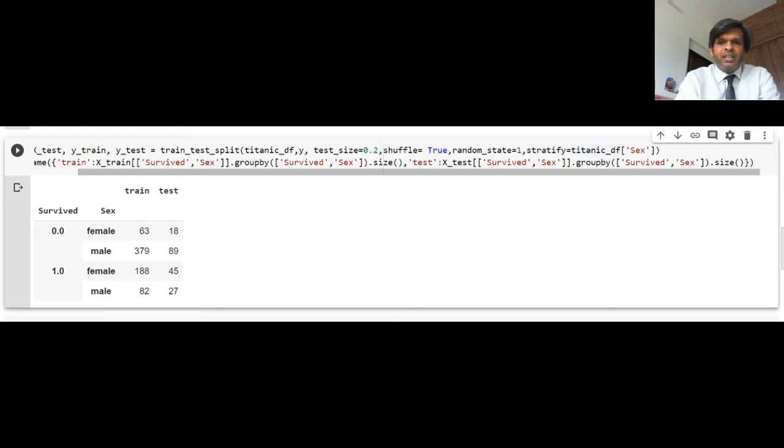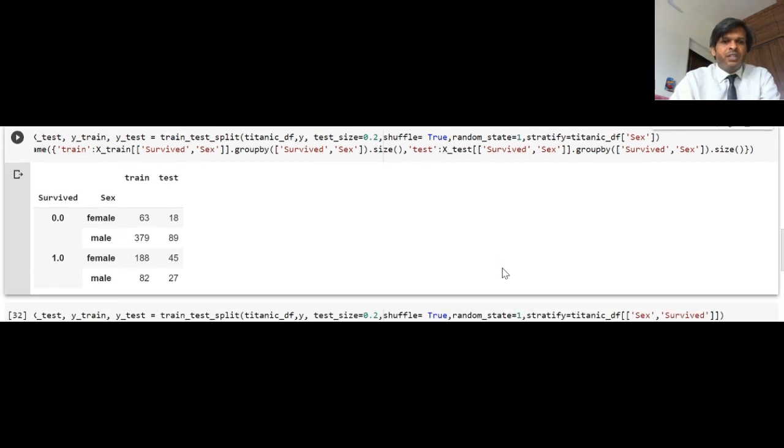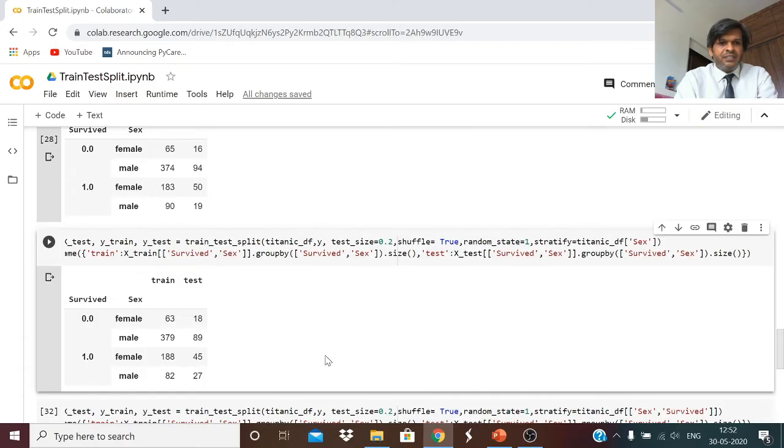I specify stratify based on the column sex within this data set, and then we do a similar count as earlier, and these are the results. You can notice a slight change in the counts. This is how your distribution changes and how you can ensure the distribution of data based on various features within your data set. Here we did stratification using a single column.